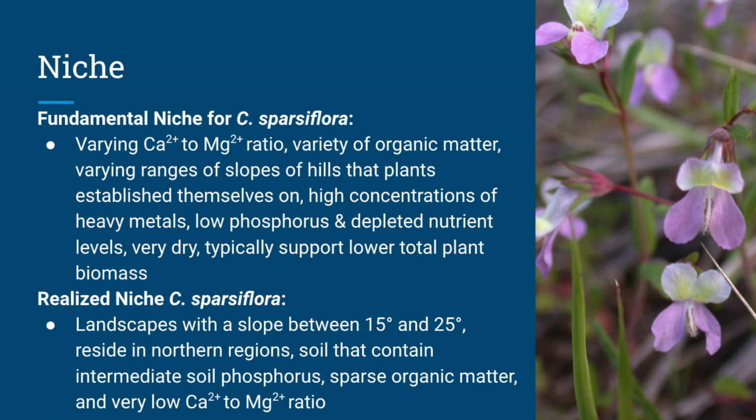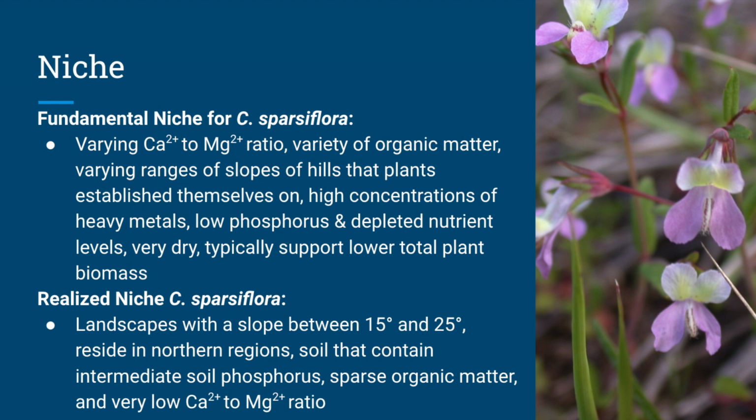A type of plant species that can be found within the serpentinite is the Collinsia sparsiflora, which is a type of flower found within the serpentine. Collinsia sparsiflora contain both a fundamental and realized niche within the serpentine due to the consistent threat of predation from hungry herbivores. A fundamental niche is a type of biotic and abiotic conditions that a species can thrive and reproduce in. In contrast, a realized niche is an adjustment of a fundamental niche that results from predation, where the species must develop a more specific set of conditions after having interacted with another species, in this case herbivores interacting with